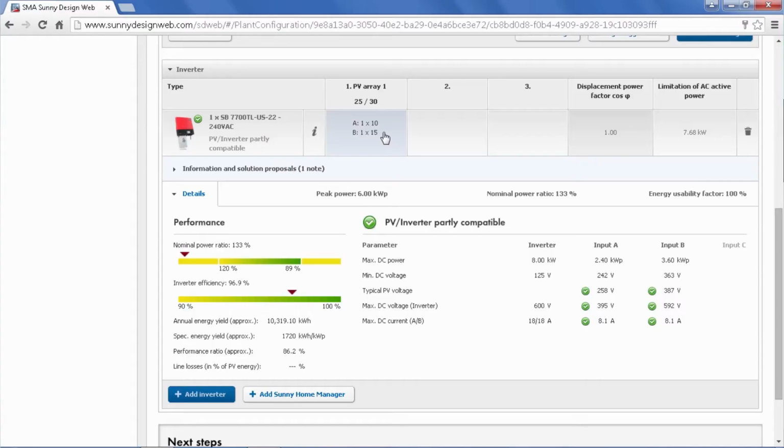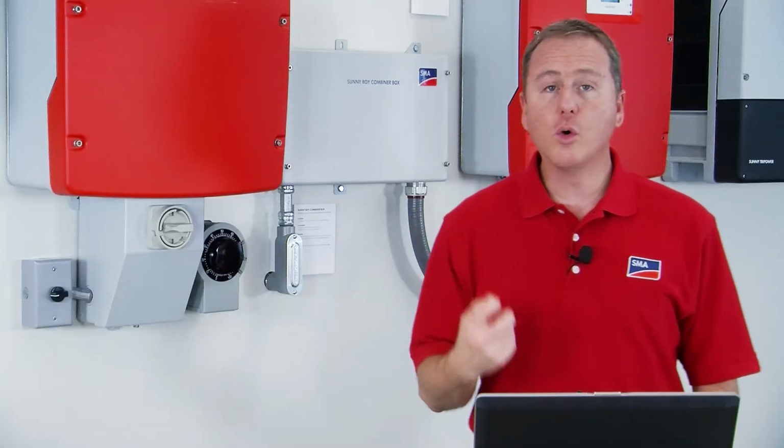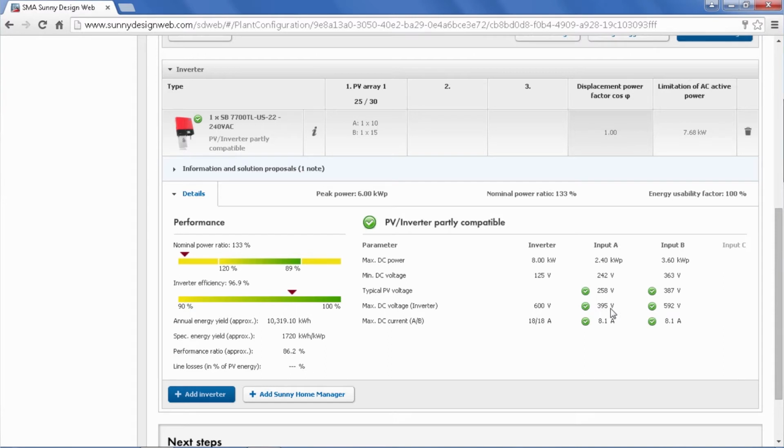Well, what did that do to our design? Well, you can just look right here. So the energy yield dropped to a little over 10,000 kilowatt hours per year, and we can see some other values on this information screen. Now, the cool thing about this screen is that it is showing us on the right-hand side those